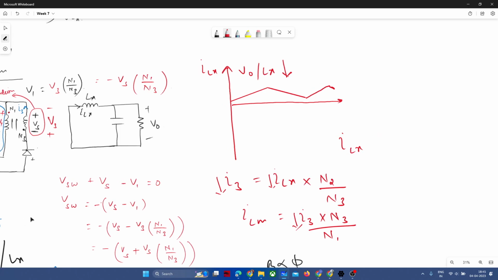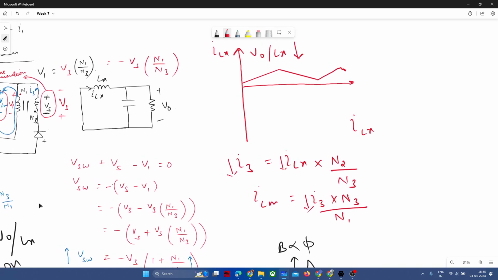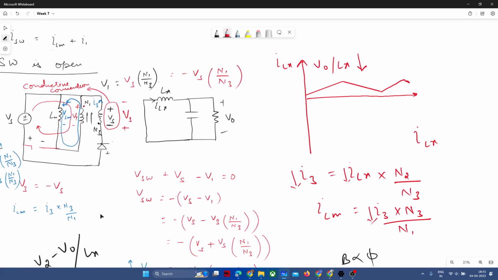Yeah, but I have related it inductively. See, what is happening in the primary winding when the switch is off: this current through LM is flowing through the primary turns, right? When the switch is off, if you have kept this direction of I1 and ILM is flowing like this, then I1 is equal to minus ILM. We can say,